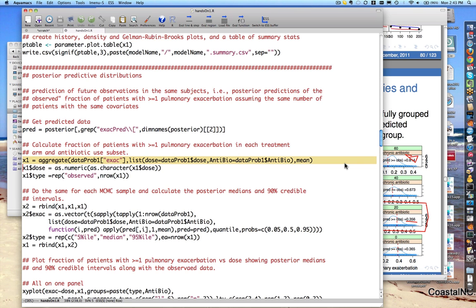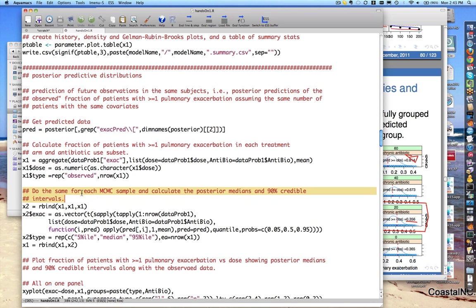And then just a little bit of housekeeping after that, where I just need to convert dose back to numeric, because aggregate has the bad habit of converting all of the things that it subsetted by into factors. So I convert that back to numeric, and I create a new column called type, which will be observed for that case. Then the next thing here is I do exactly the same thing